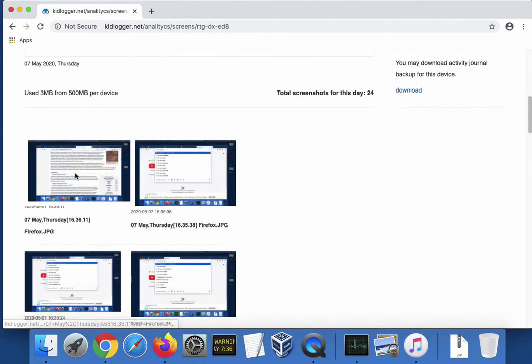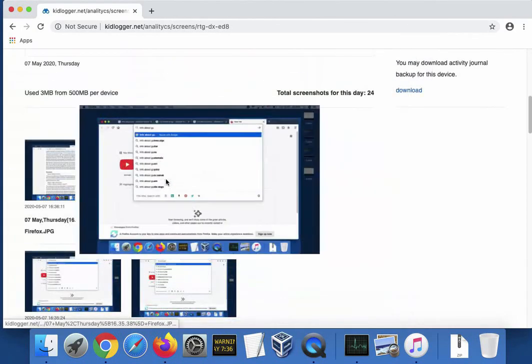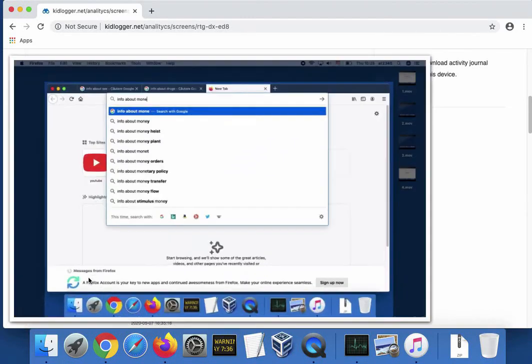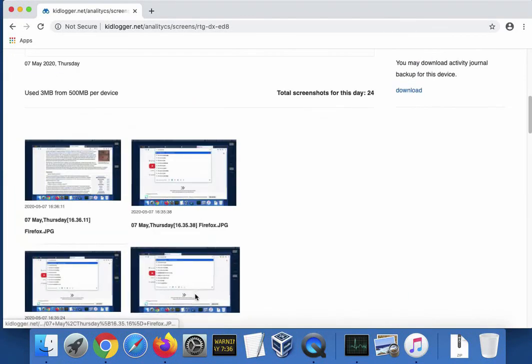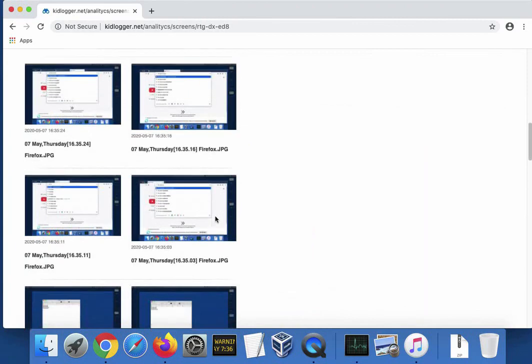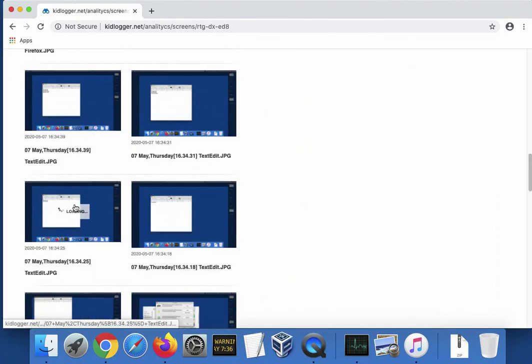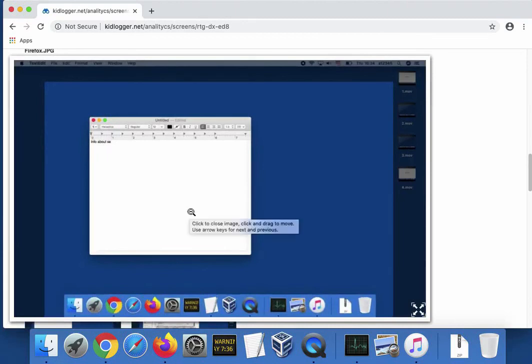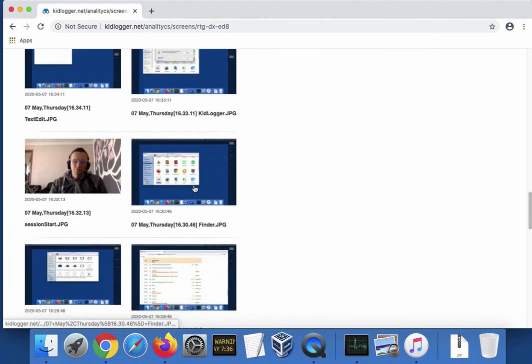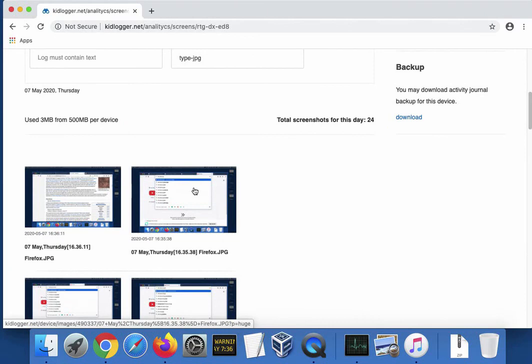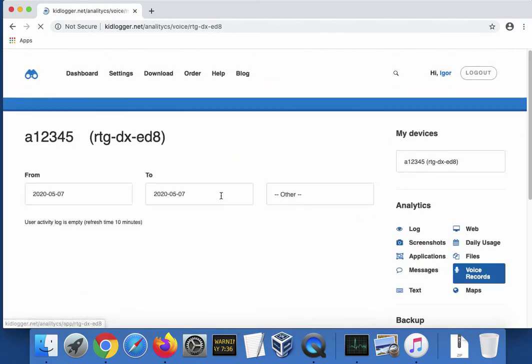We can see these screenshots with the keywords. In addition, it created screenshots by its schedule. The sound was not uploaded yet, but it will appear later.